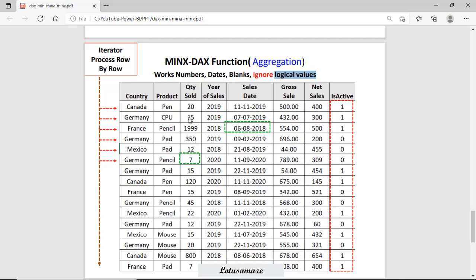So the data will be processed row by row, the expression will be evaluated row by row, and the MINX function will find the smallest value of the result of the expression. This MINX function works on numbers, dates, and blanks, but does not support logical values.